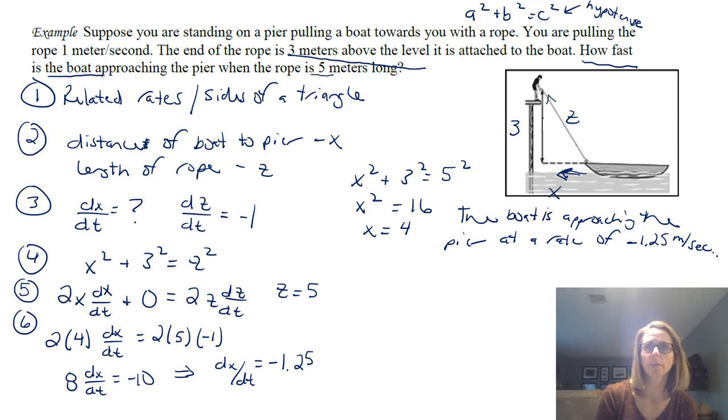So anytime you have something that can create a triangle, there are a lot of examples with planes moving from radar stations and things like that, where you have a plane moving across from a radar station, and maybe it's flying past like this, and so it creates this triangle because you're asking, okay, what's the distance? So you want to recognize when you see the Pythagorean theorem, because that's another very common thing to see with related rates.